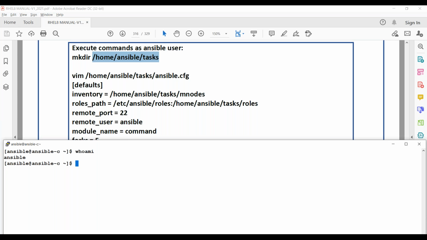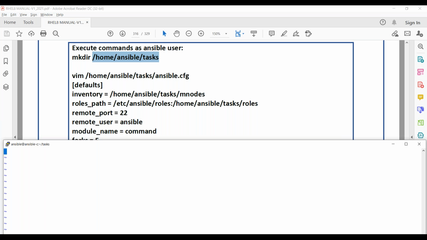See what happens in real scenarios is we might not get root access. So we need to authorize a normal user to do all these tasks. So I have already created in a previous class a user called Ansible user. Now I want to authorize this user to perform all these tasks, right? So first of all, in your home directory, I want to create one more directory with the name tasks. So you can create a directory called tasks, go to the tasks directory, and here let's create